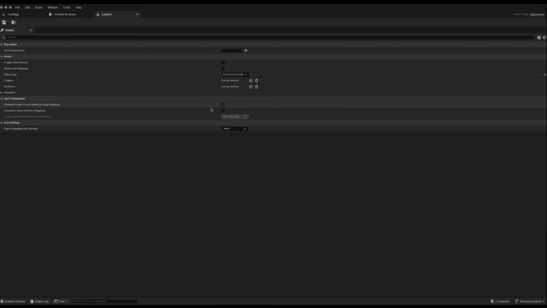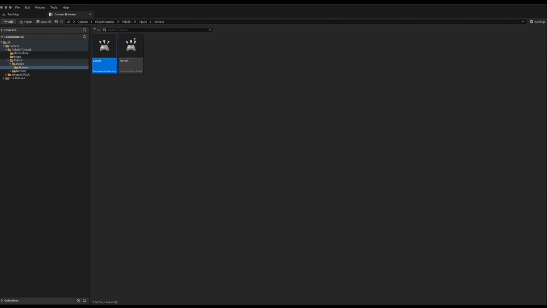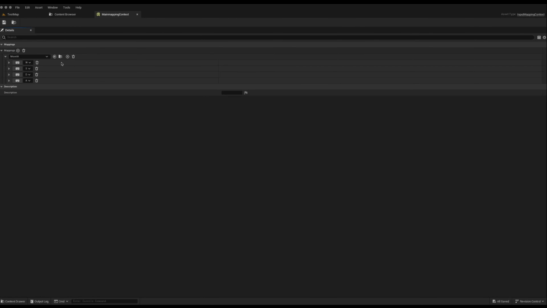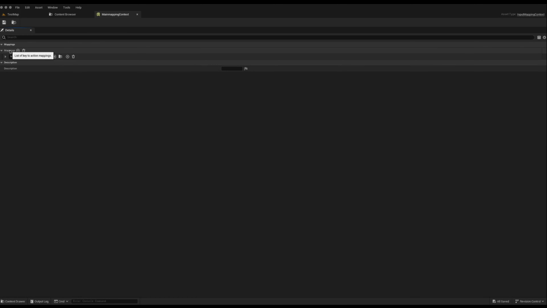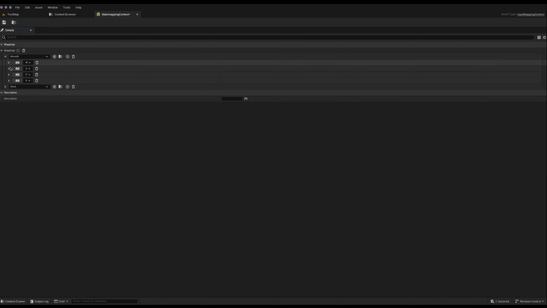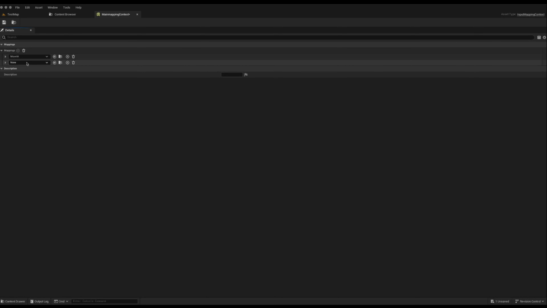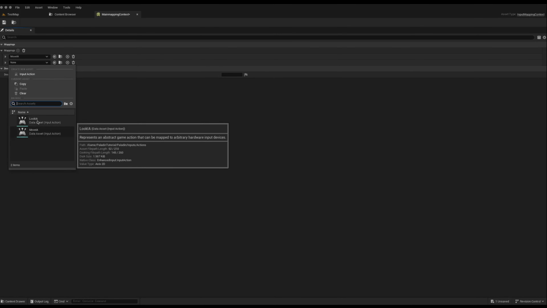And of course, just double check, make sure everything looks like mine, and we should be good. Go ahead and save. You want to close that out. Then you want to come up here, click on Inputs. We need to open up the mapping context. Then, if you have the Move IA open, you want to close that. Then the plus sign beside the mappings, you want to open that up. Sometimes this opens up as well. Just close it out. And you want to choose Look